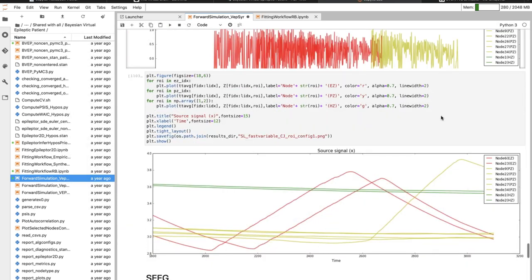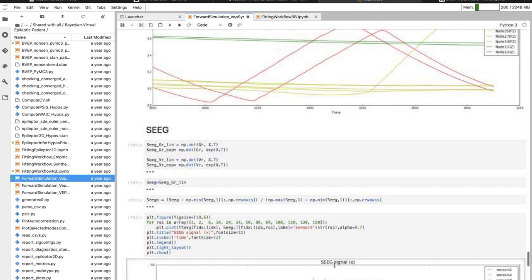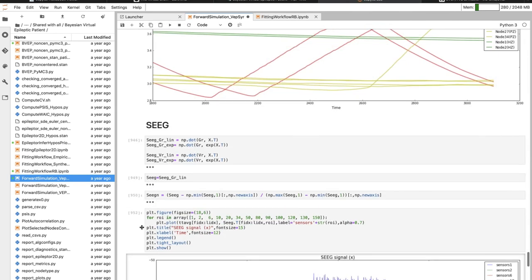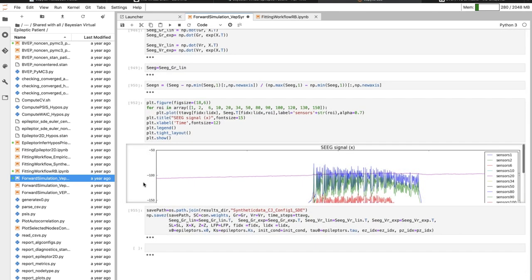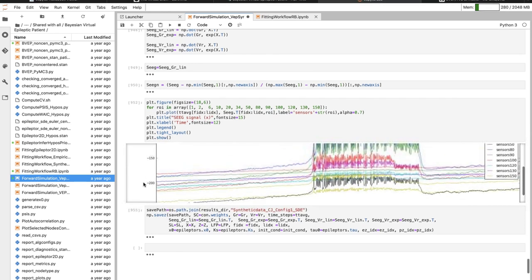And here you have the Z variable, the slow variable. So you can see the seizures, so you have interictal states, for example, here, and the seizure starts here. In this region, it starts earlier, and in some other regions later in the propagation zone. And for the other regions, it's even later. And here we have the reconstruction of the SEEG signal of the patients.